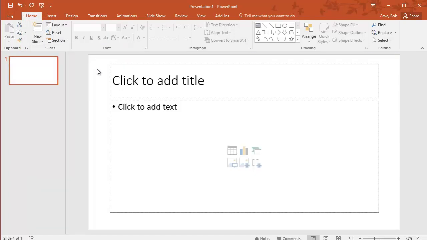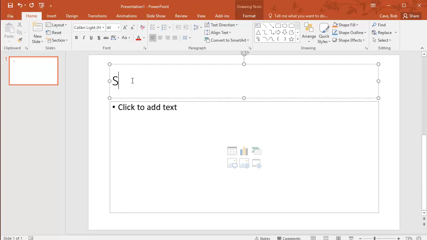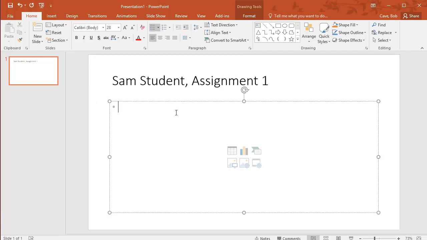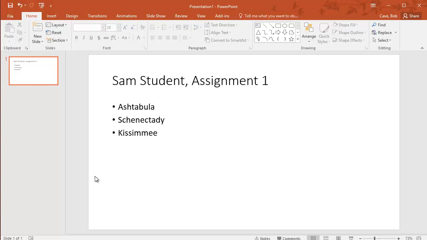Now, for information on how to set up your slides, you'll want to check with your instructor because they may have specific instructions for this part. But for general purposes, let's say you want to identify yourself in the assignment in the title bar. So I'll enter my name and maybe assignment 1, something like that. And then I'll enter the terms that I want to record. Once I've done that, I can click away from that box and clear the selection, and I'm ready to record